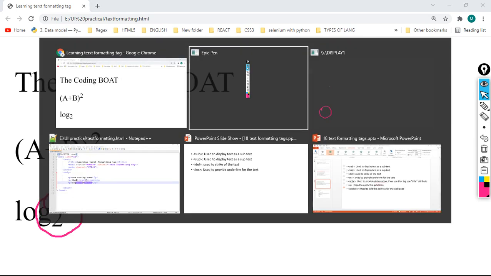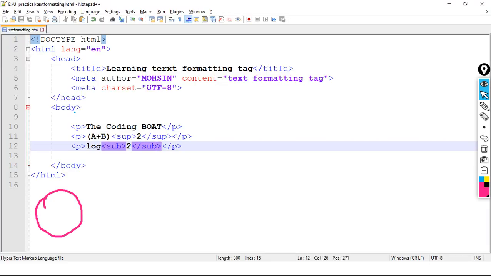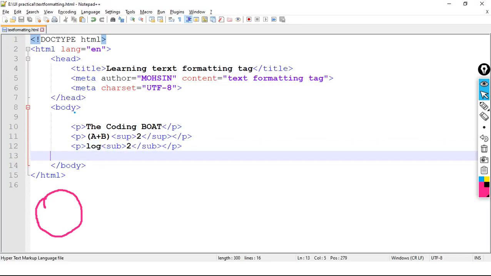Similarly, suppose I want to write an address. I will write some dummy address. What is that dummy address?